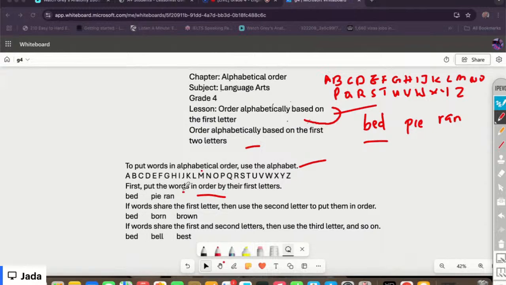So we're doing the put the words in order by their first letters. So we will try with the first letter first. We already have our alphabet here. So we have bed, we have pie, and we have ran. Okay? So we have to check from the alphabet, the first letters, which one comes first. So from our alphabet, we can see that